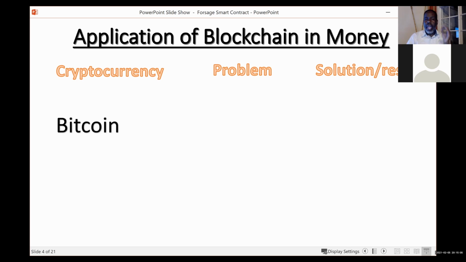And Bitcoin came to address a specific item in how we use money, or how money affects us, and that is inflation. The fact that our money always loses value over time, and it loses value because our governments, our central banks across the world always print more money, all right? And the more money they print, the more the money that we hold loses value, and that is inflation.